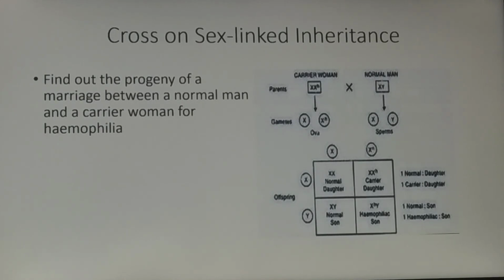The son is hemophilic because he has only one X chromosome, and if the gene for hemophilia is located on that X chromosome, then the son will be hemophilic. So that is why we write the phenotype of XHY as a hemophilic son. Whereas for a daughter to be hemophilic, she should have the gene on both the X chromosomes. So study the cross. If such a cross comes, you can surely score full marks.